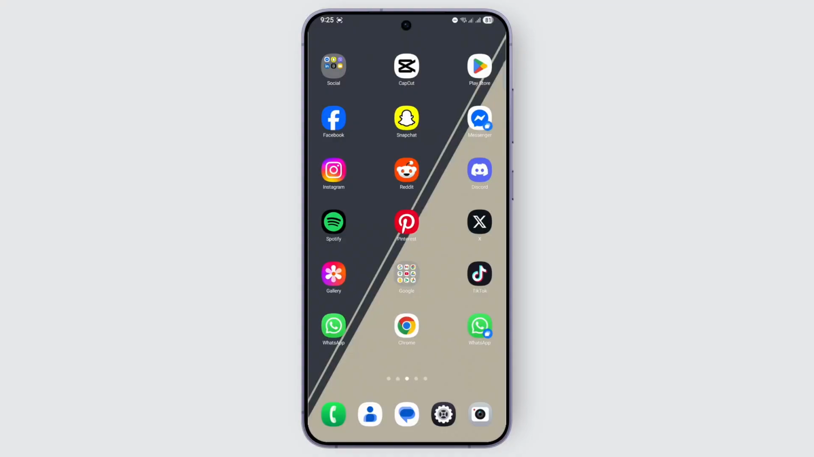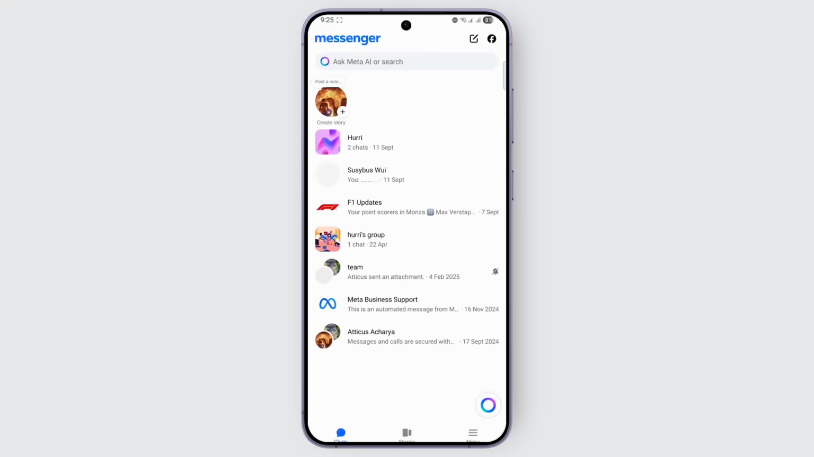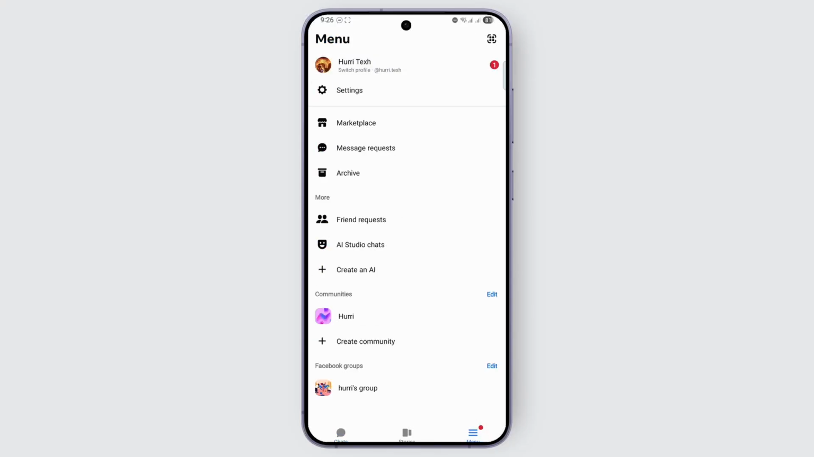In today's tutorial, I'm going to show you how you can easily log out of your Messenger. First thing you can do is go ahead and open up the Messenger application and make sure that you're logged into the account that you want to log out of. Then you can find the menu icon at the bottom right corner of your screen and then go to settings